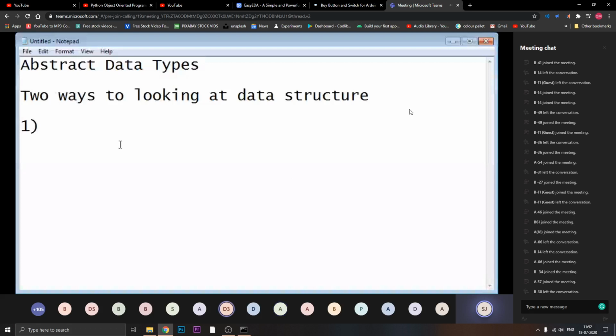Thank you. Abstract data types, I write in brackets ADT. These are abstract data types.